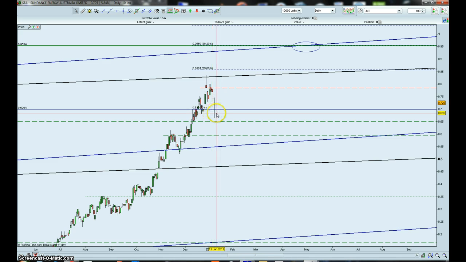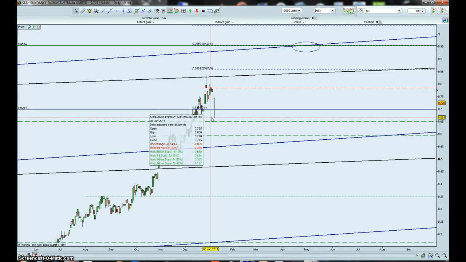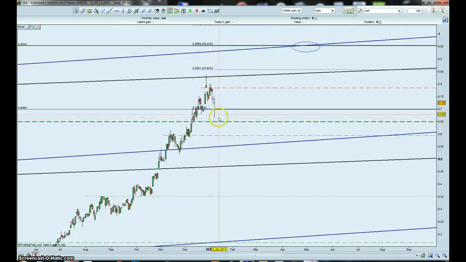But I'm not convinced the selling is over yet. So, but anyway, we do have support here at the 65. And this is actually supported at the 66 mark. So if it wanted to find support back down here, hopefully not, I'd like to think it can support at the 70 cent mark, because I think the reason we made this